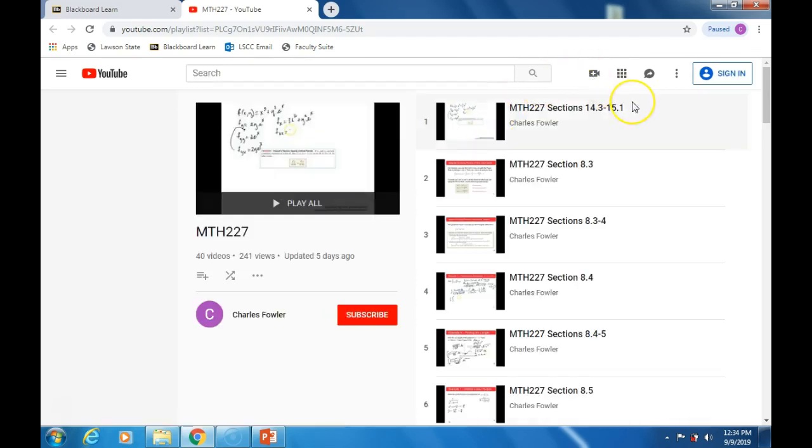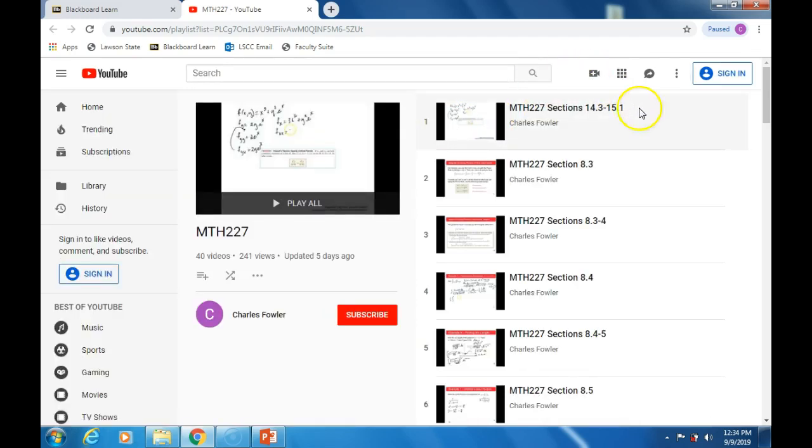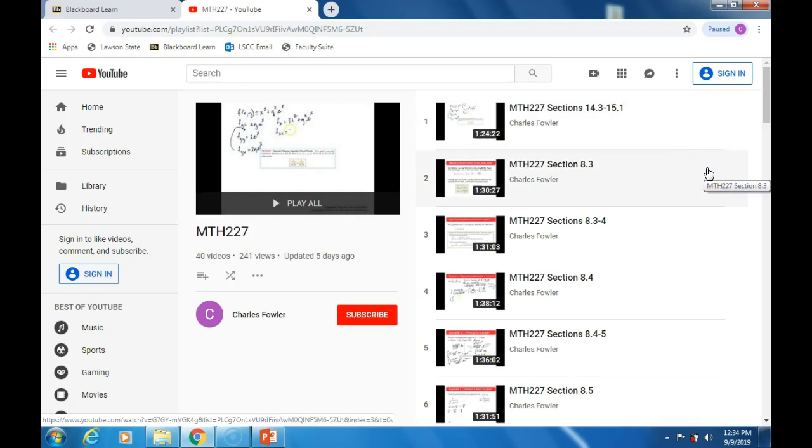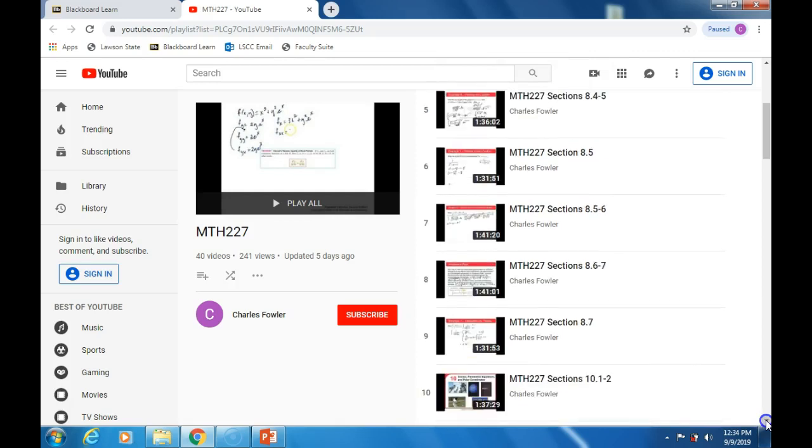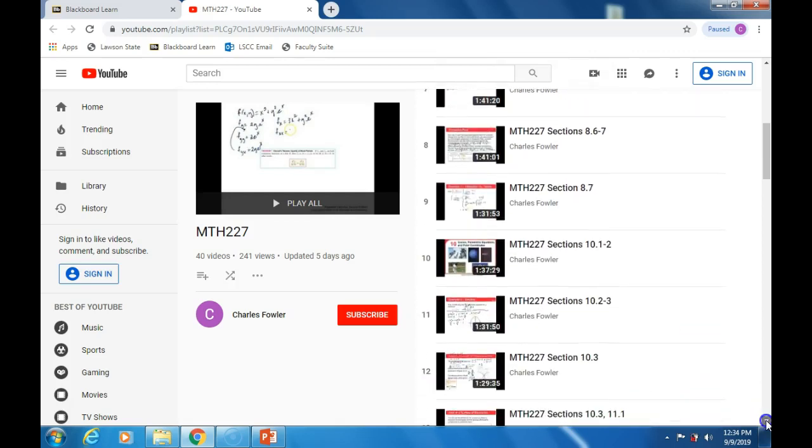The ones at the very top here are the oldest ones out there. I don't know what term I did it, but there have been some terms when we started as early as 8.3. Well, we didn't this term. We started more in a reasonable place. So all these at the top are the very oldest ones out there, okay? And so sort of ignore most of those until you get down here